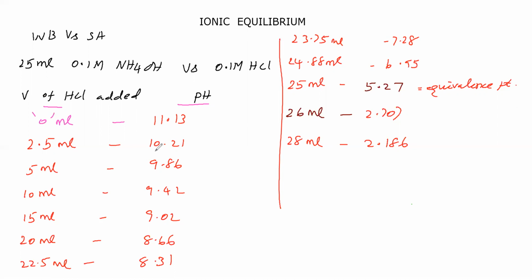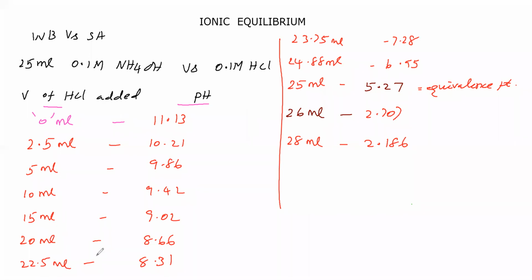Here 2.5 ml HCl we added. How much did the pH reduce? You see around 1. Then here around 2.5 ml we added, and the pH reduced around 0.4. Here 5 ml we added, and the pH reduced around 0.4. Here 5 ml again, pH reduced around 0.4. Here 2.5 ml we added, pH reduced 0.3. So far for 5 ml, pH reduced 0.4, 0.4 like this.